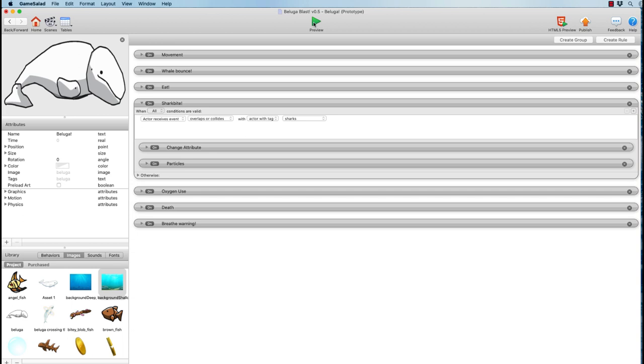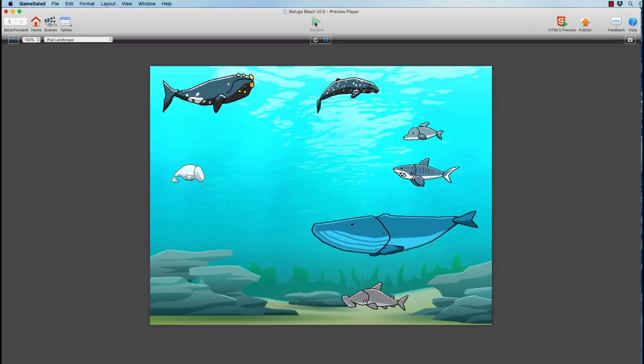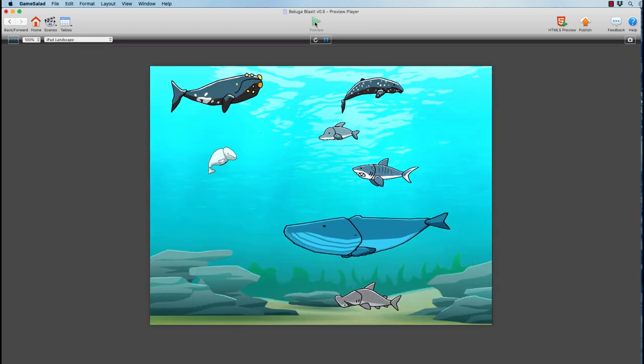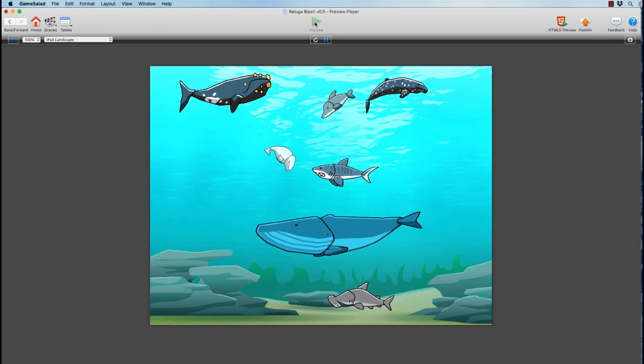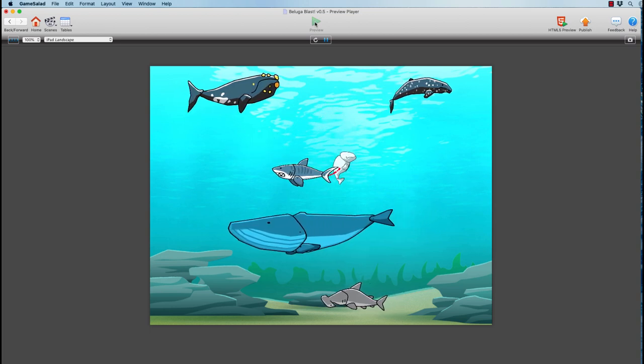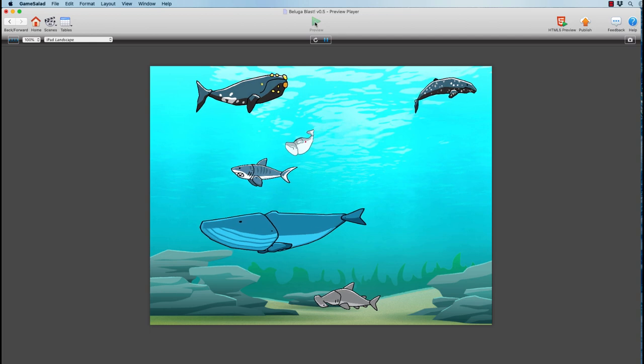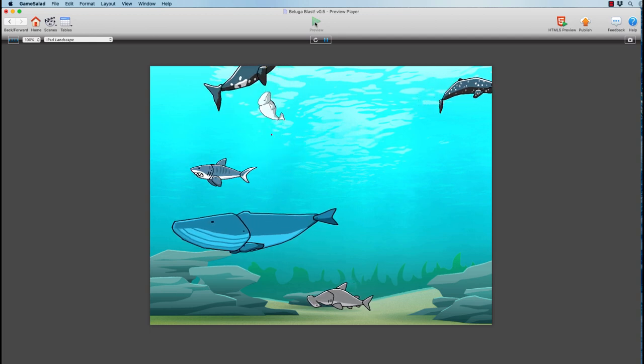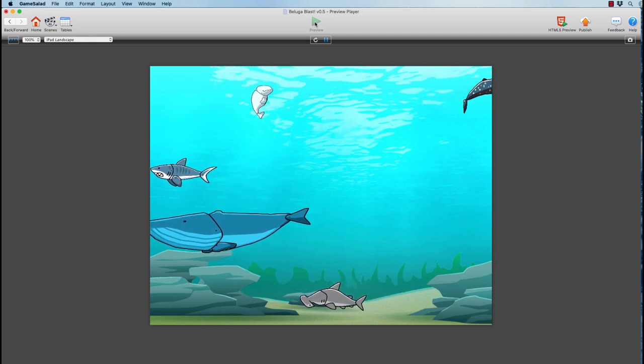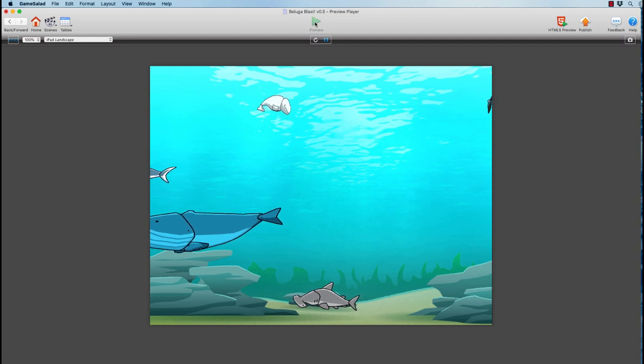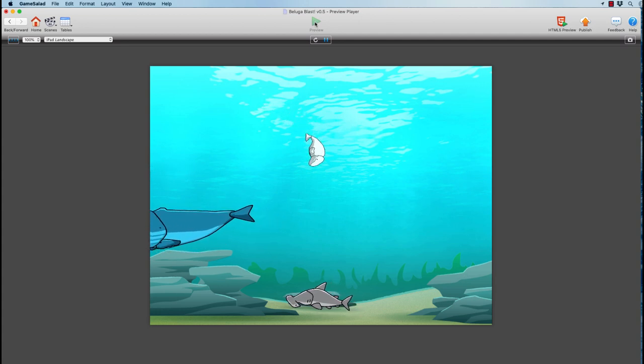So we've got some basic things happening here. And if we swim around now, we can bounce into that guy. And now we run into a shark, and you can see some red particles coming out. So the user knows something bad has happened. Unfortunately, the user doesn't actually know how much health they have left, and they don't know how much oxygen they have left.